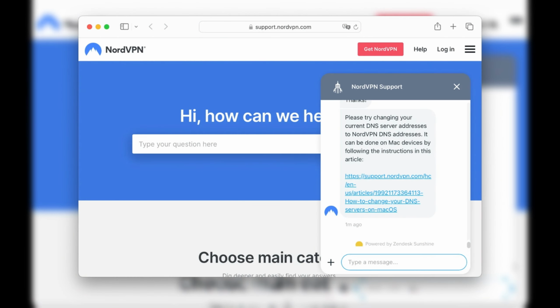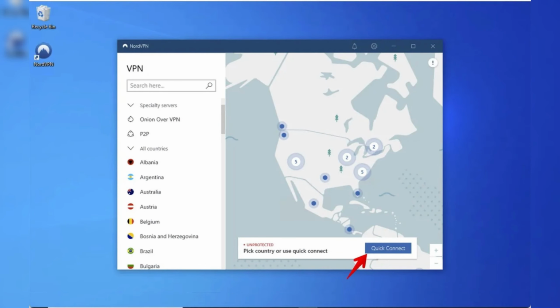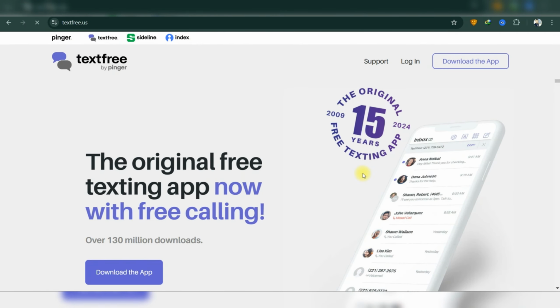Connect to a US or Canada server, then clear the data for TextFree. After that, with the VPN enabled, just complete your registration and it should be fixed. And that's it guys, as simple as that. Don't try to switch between servers, just use a US or Canada server as TextFree is only available on these